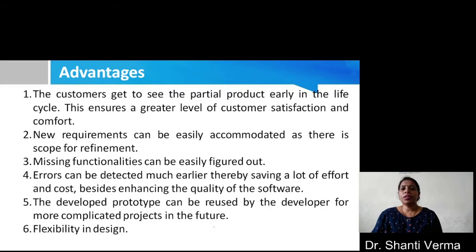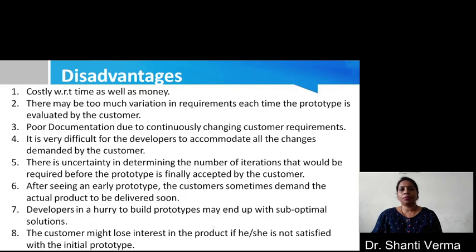Errors can be detected in the early stage, so a lot of effort and cost is reduced besides enhancing the quality of the software. The developed prototype can be reused by the developer for more complicated projects in the future, and it provides flexibility in the design.